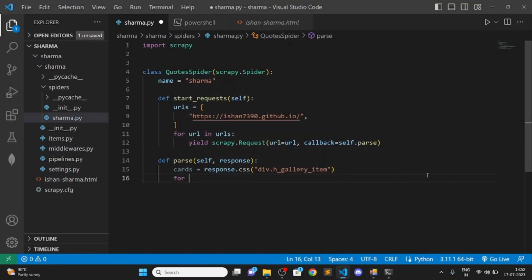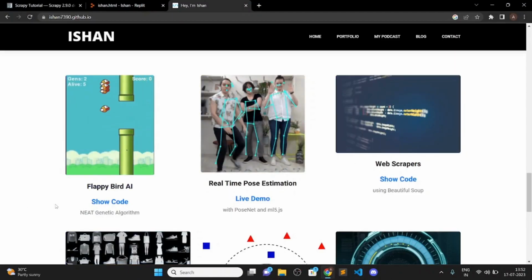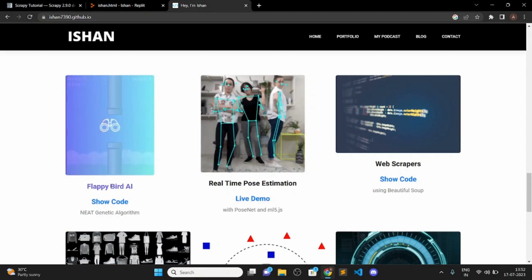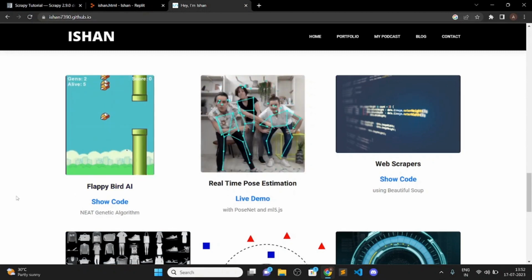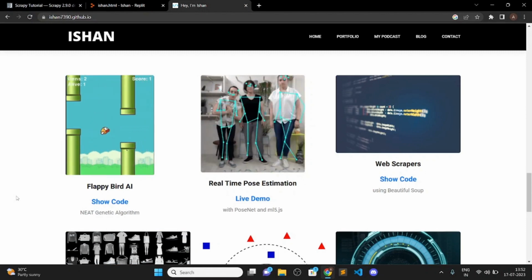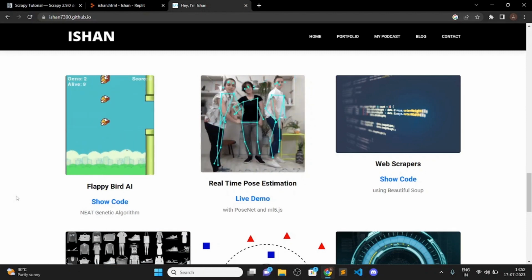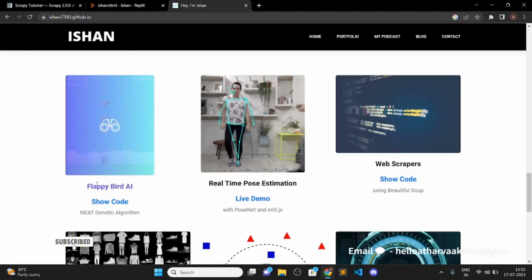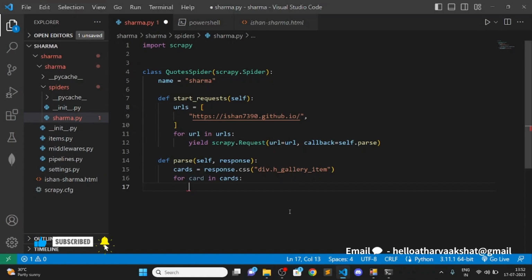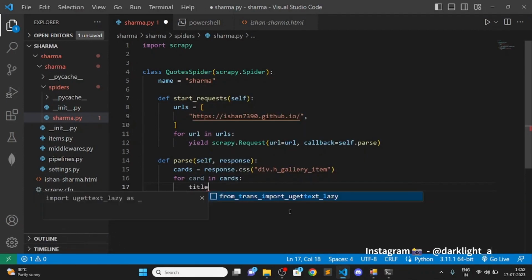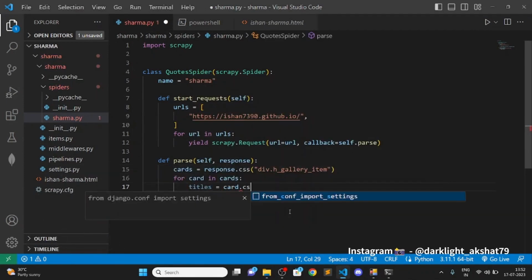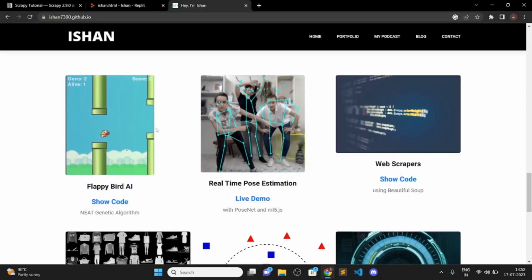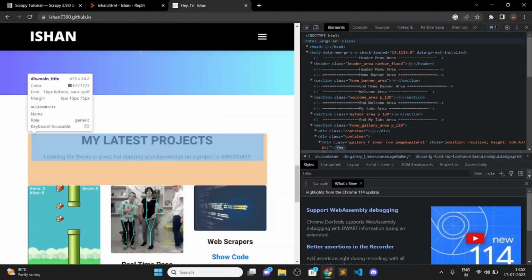So now let's do for card in cards. I'm doing this because I want to do the same thing with all the projects. So if I do something for this project, because the tags and classes are the same with the other projects, we'll get the name of all the projects and link of all the projects if we give the value of only the first project. All right, so let's go here now, and let's firstly scrape the title. So let's do title is equal to card.css, and from card.css let's inspect one more time, and